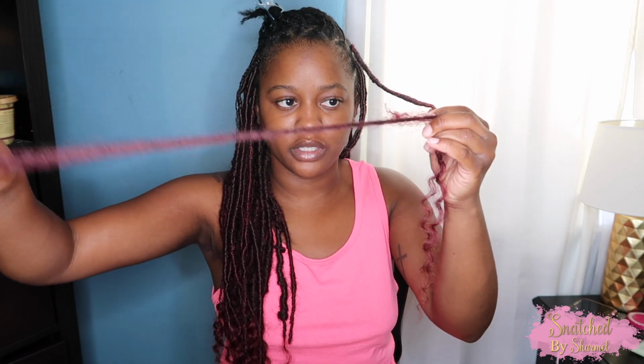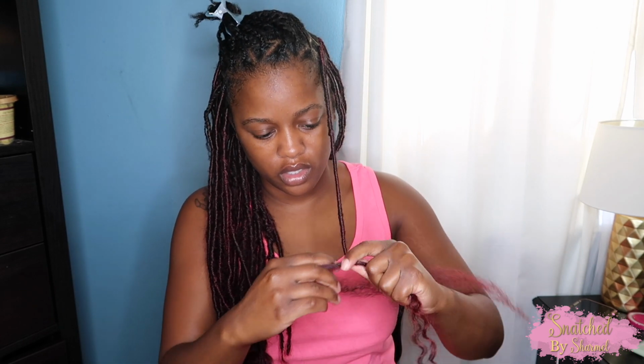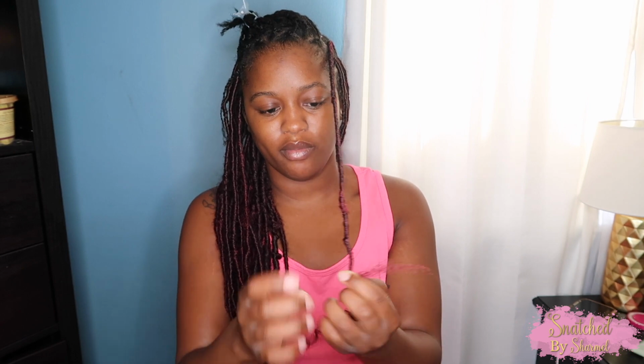So when it runs out like this, I'm just going to take one of my shorter pieces that I already cut and continue the process. When I start running out at the bottom, I'm just going to start wrapping back up, and then I'm going to take a lighter